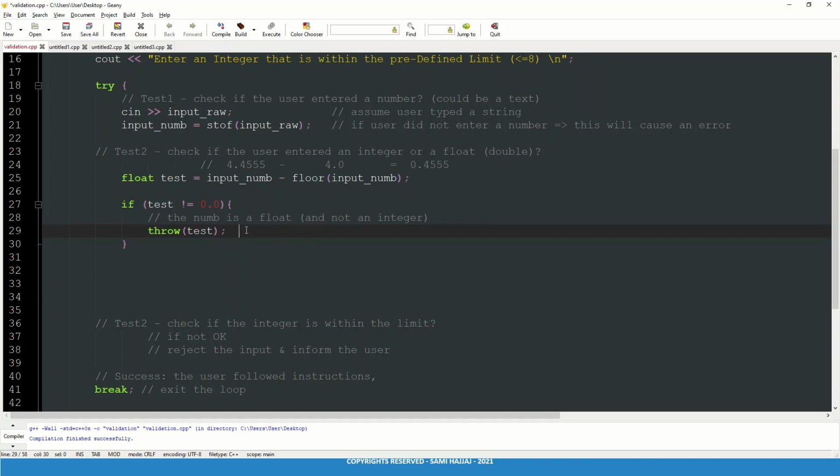This line right here, it's simply what it says. This is essentially a fake error. What you're doing here is, if this is true, meaning if the number that we have calculated is not 0, then the number is a float. Obviously, I don't want that. I want an integer. So if that's the case, throw an error. In other words, purposely cause an